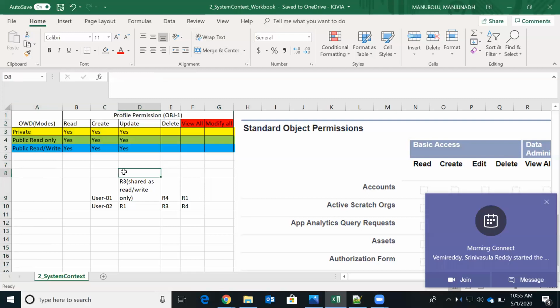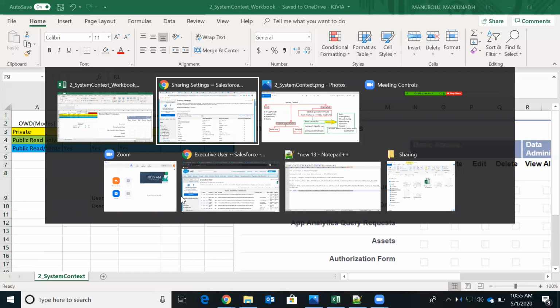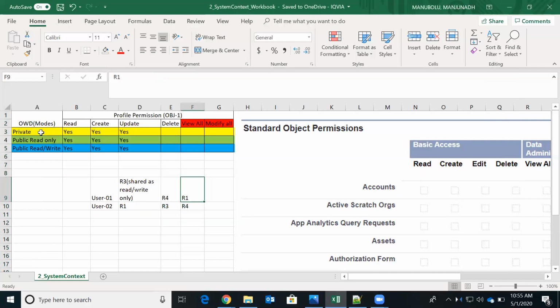Now we understand what OWD is, right? Let's assume OWD is private.